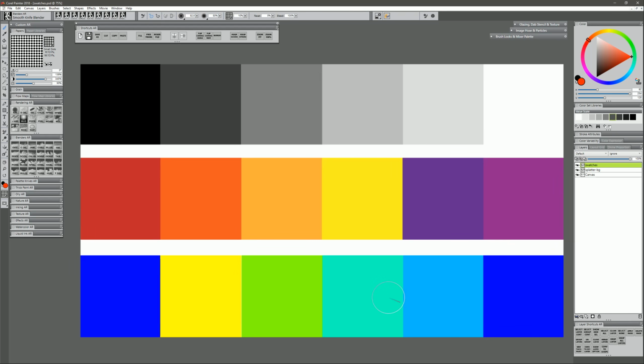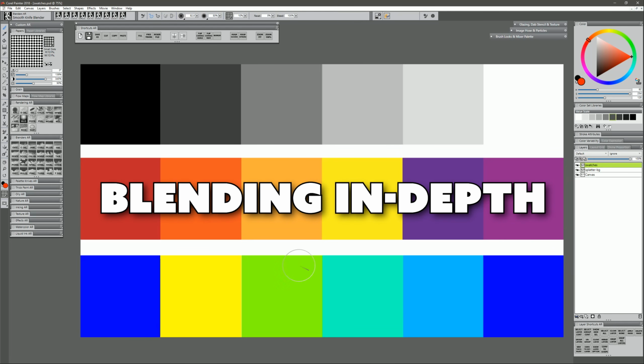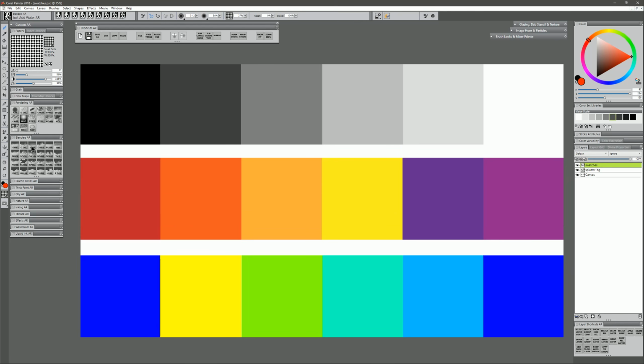So here in Corel Painter, I have some color swatches, and I'm going to dive a little bit deeper into blending. I'm going to go ahead and select the Just Add Water blender, and I'm going to try blending some of these swatches. Now, some colors are going to blend together more easily than other colors. For example, if I want to blend this red with this orange, I can just paint right in between the two colors, and I get a really nice smooth blend, and you can't tell where one color ends and the